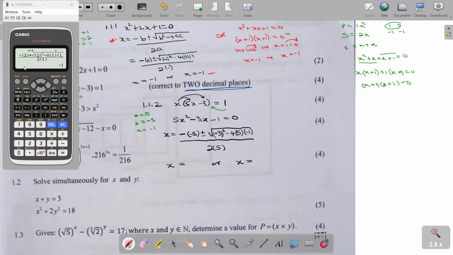So it's going to be the square root of minus b. So it's minus our b, it's minus 3, plus the square root of, it's minus 3 b squared minus 4. Our a is 5. Our c is minus 1, all over 2a, which is 2, our a is 5. So we are going to get